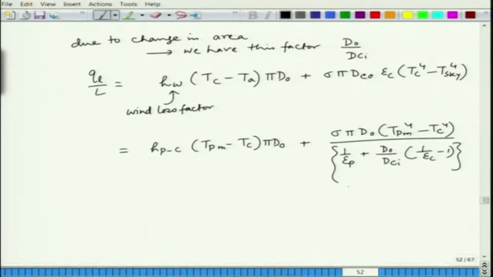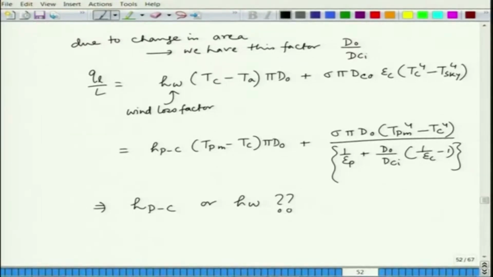Okay. So, these two quantities you can equate and you can find what is the Q L by L. But now the question arises: what are the values of this H P to C or H W? These things we do not know, right? And the typical way of finding out for the flat plate collector will